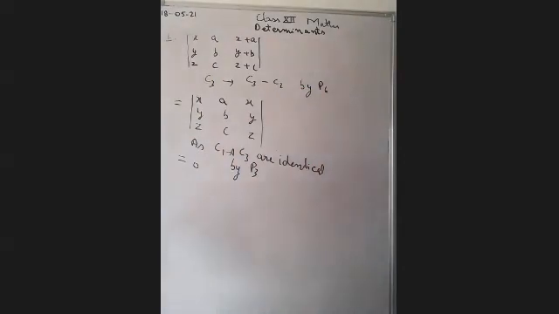So in this first question we have used two properties, P6 and P3. In P6 we multiplied the second column by minus 1 and added it to C3. That's why we get two identical columns. C1 and C3 are identical, so by property 3 the value of the determinant is equal to 0. You can use all six properties like this and you will get the answer.